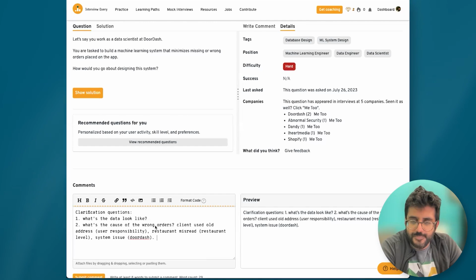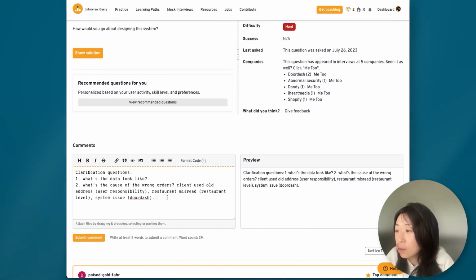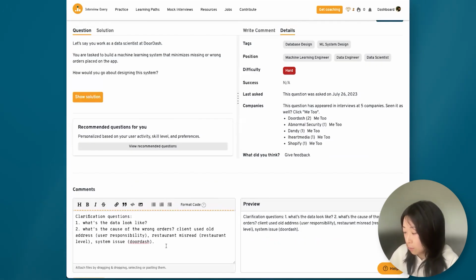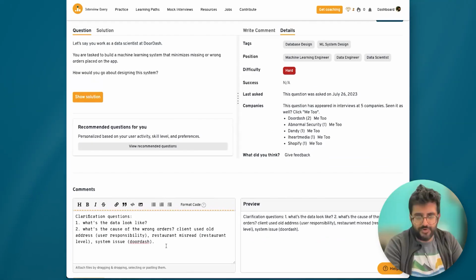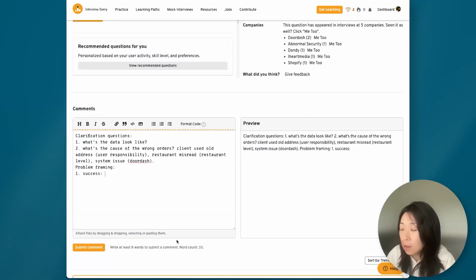Yeah, sure. Then let's say this problem is to identify wrong orders, and how do we define success? Go ahead, from framing, maybe define success. I'm thinking this is a binary classification, so what we should care about is precision and recall. And I'm trying to figure out which one is more important in this case. I think both are important in this case because